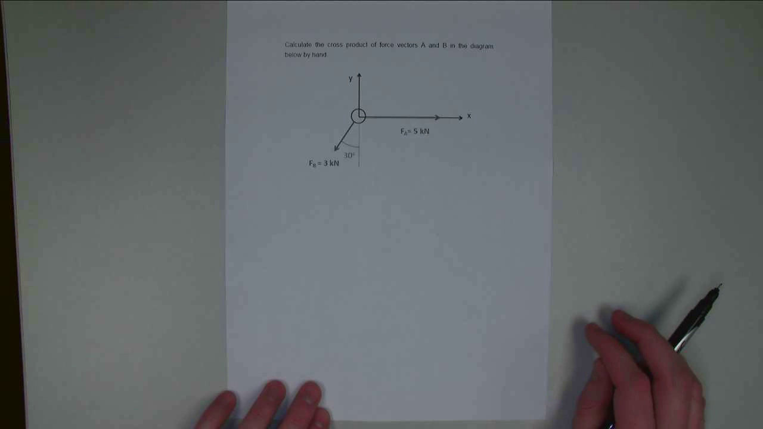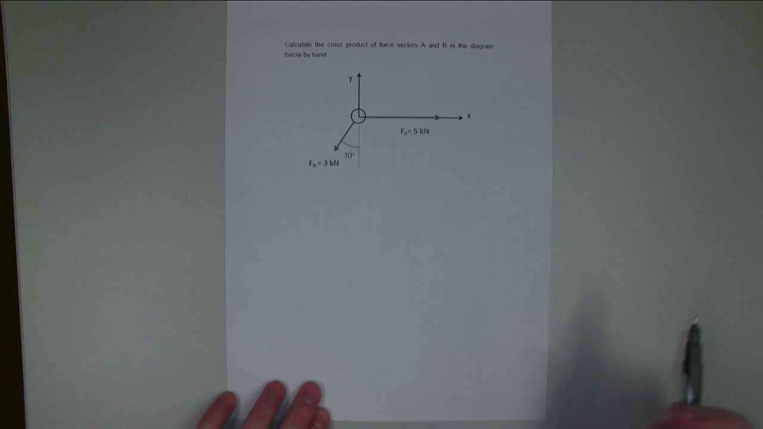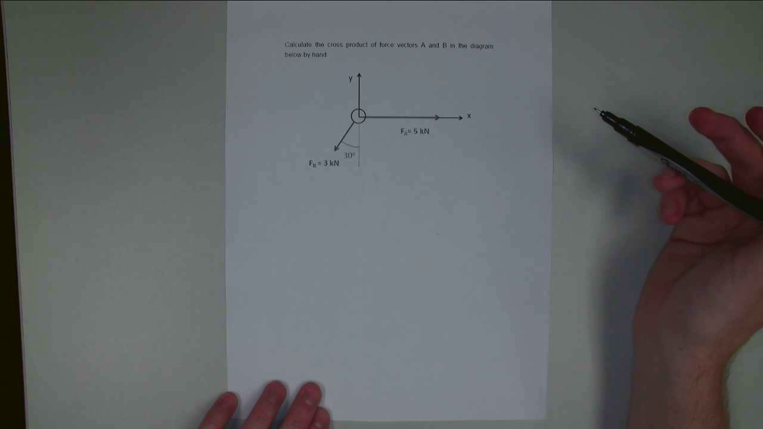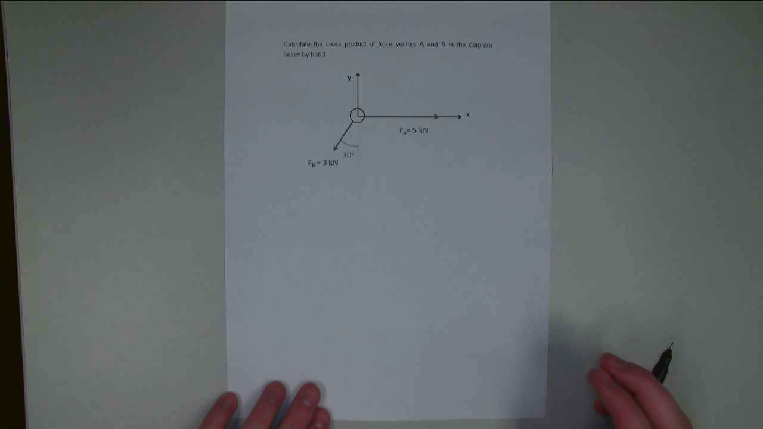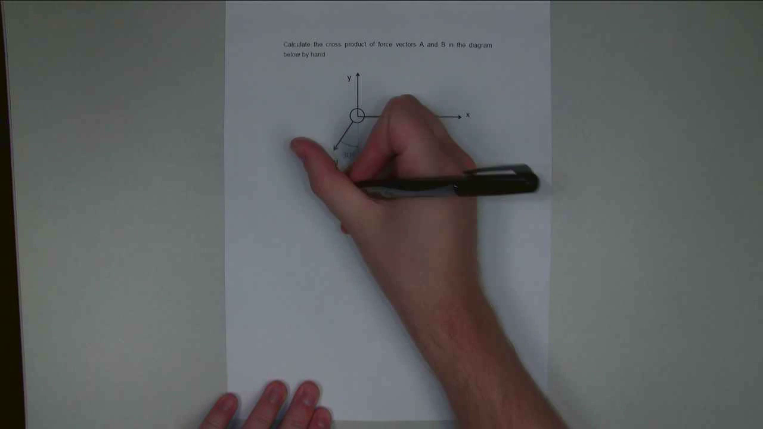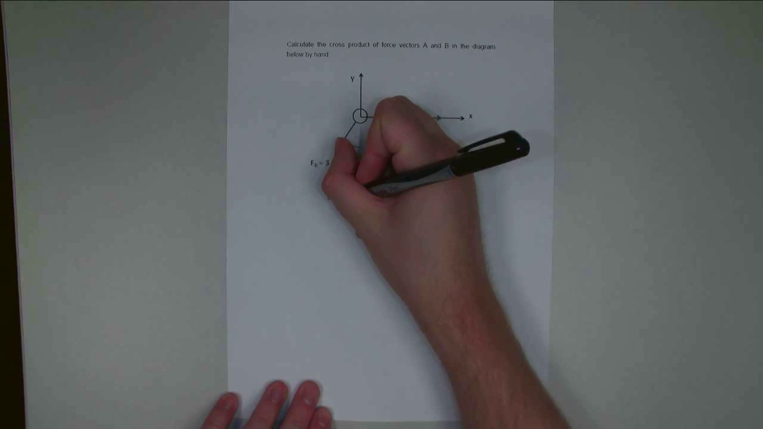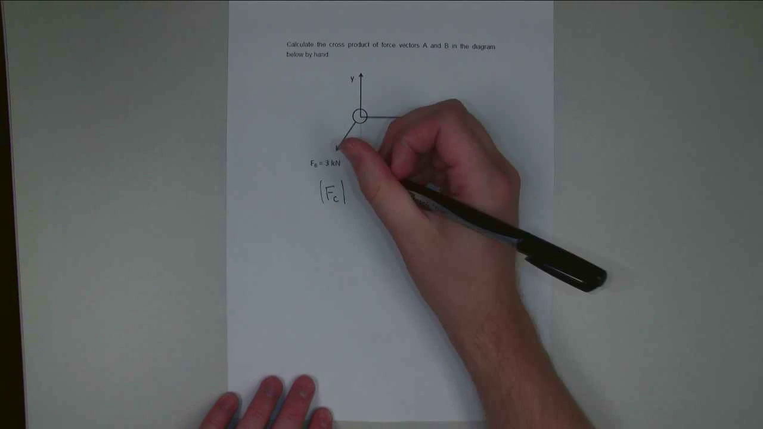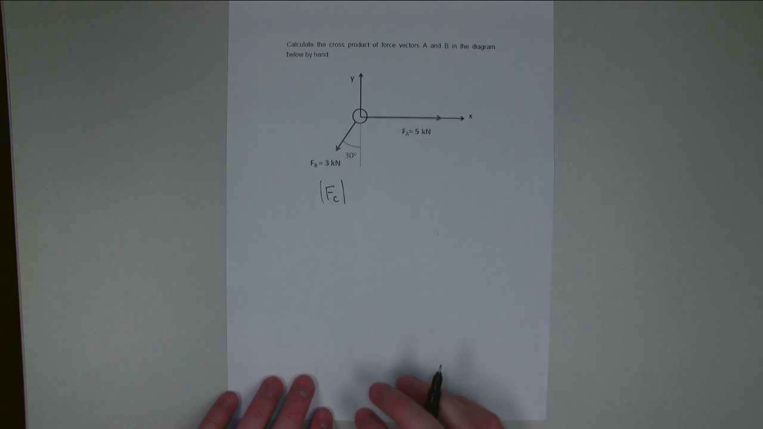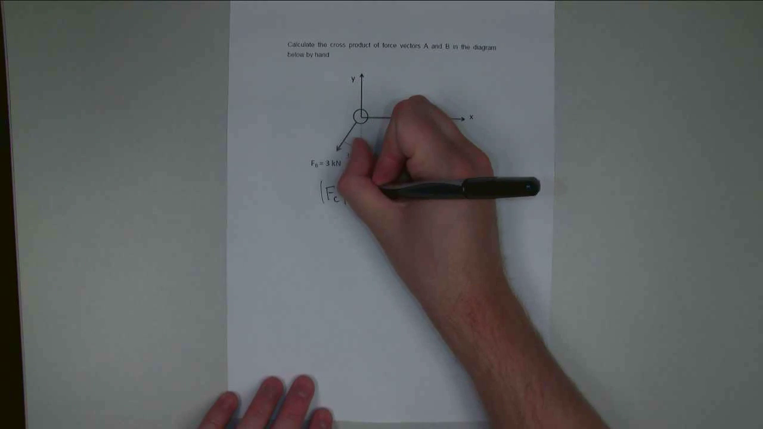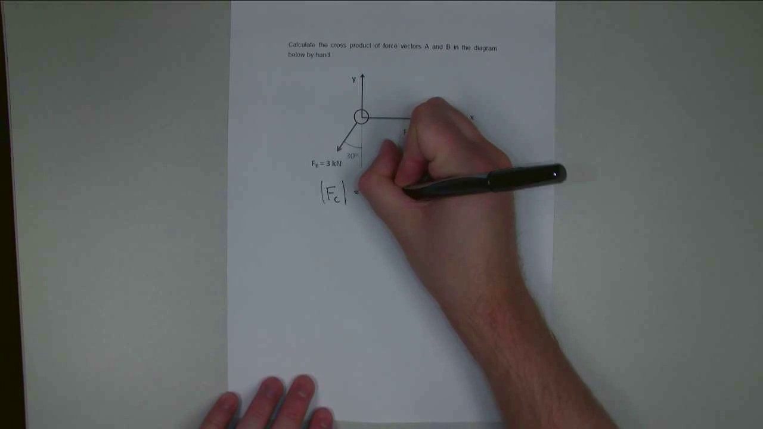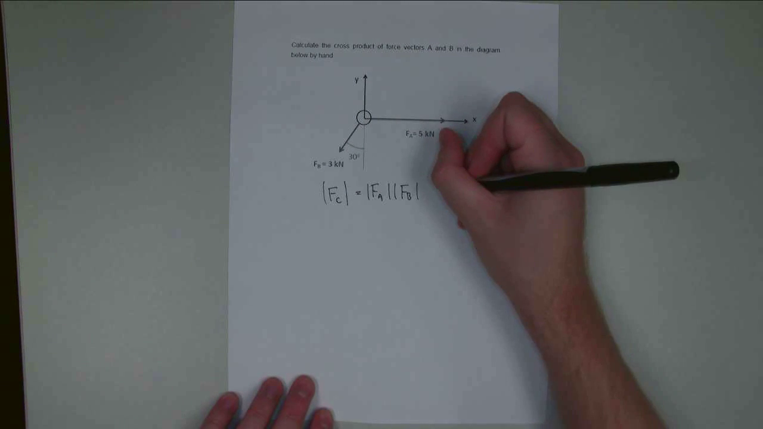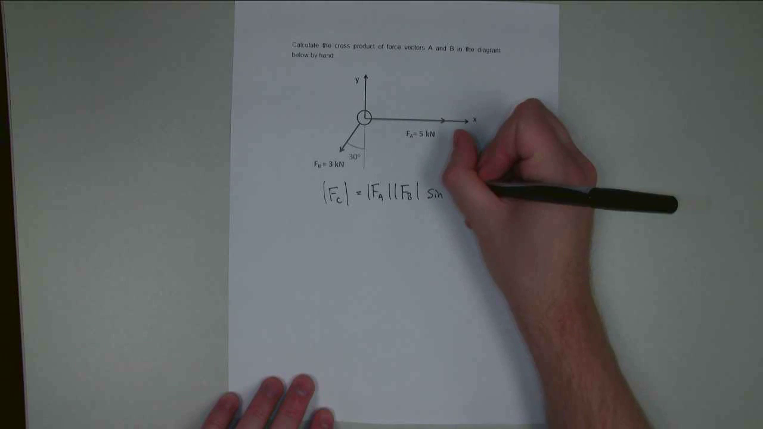Hello, for this video we are asked to find the cross product of force vector A and force vector B over here, and we're going to do this by hand. So for this calculation I'm going to use the equation: the magnitude of FC, which is the magnitude of A cross B, is equal to the magnitude of force vector A times the magnitude of force vector B times the sine of the